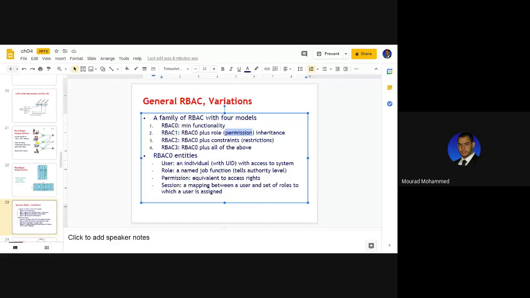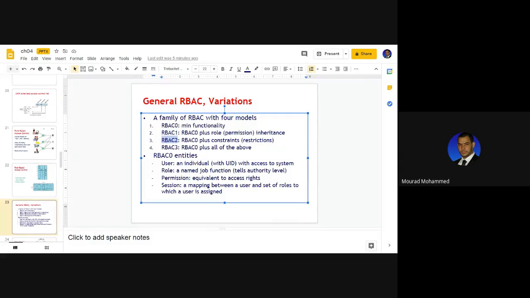Role-based access control level 1 gives us the minimal functionality plus the inheritance of the functionalities that your role has. If you don't have any inheritances, you only get RBAC 0 again, so you will not be awarded any additional rights. That is RBAC 1.